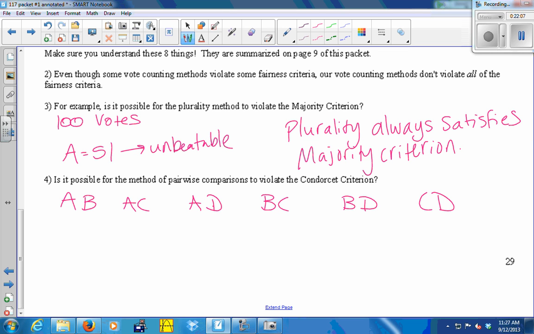A or C? Okay, we'll go A. A wins those 3. So A gets 3 points, right? In the pairwise comparisons method. Now,